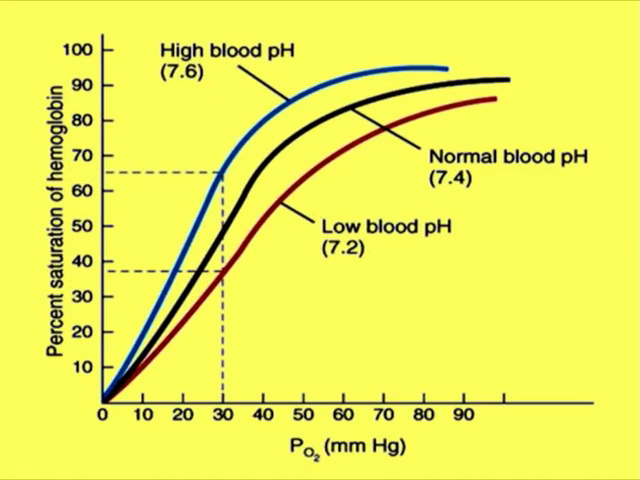The third factor on which the saturation of oxygen with hemoglobin depends is the blood pH. Higher the blood pH, or lower the amount of protons